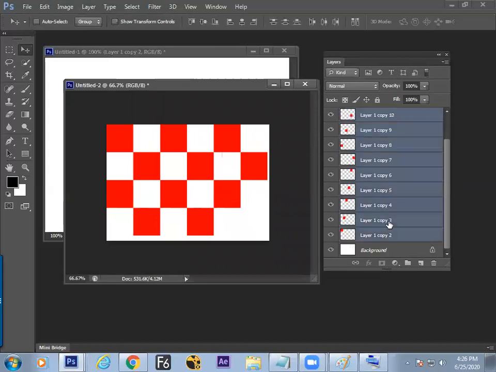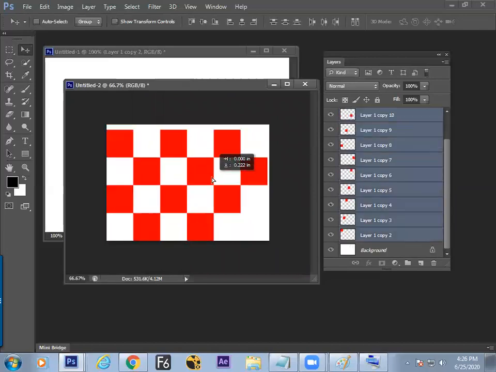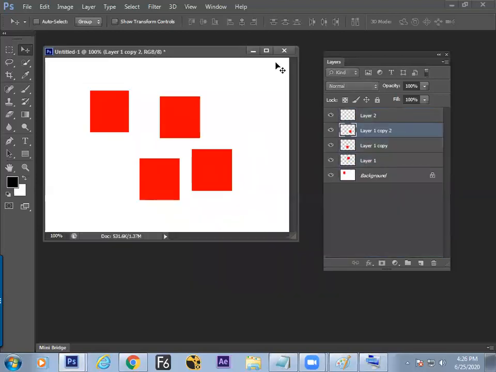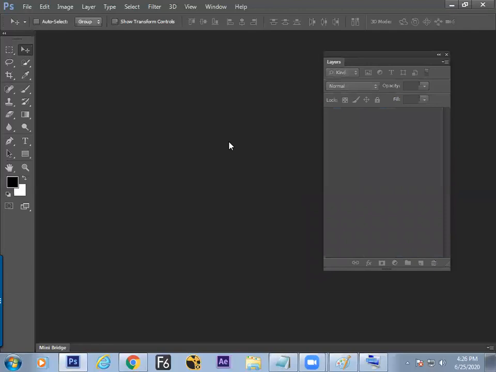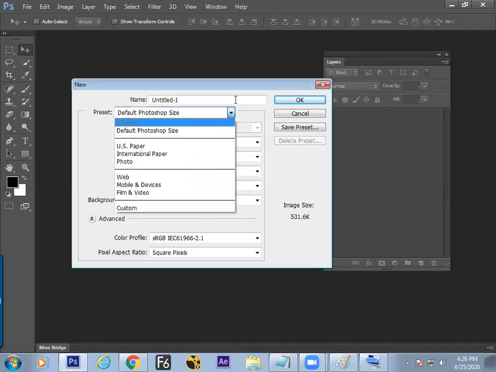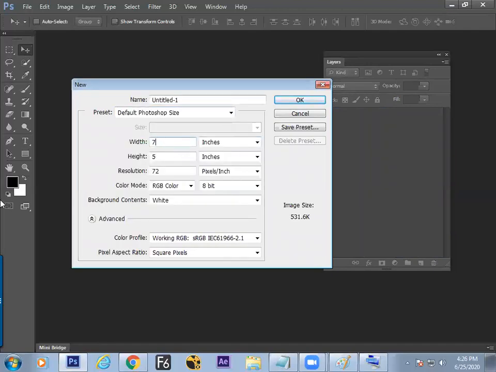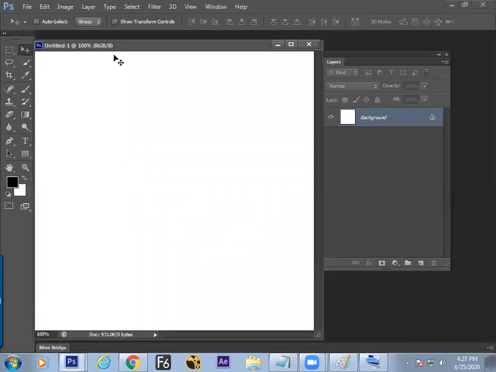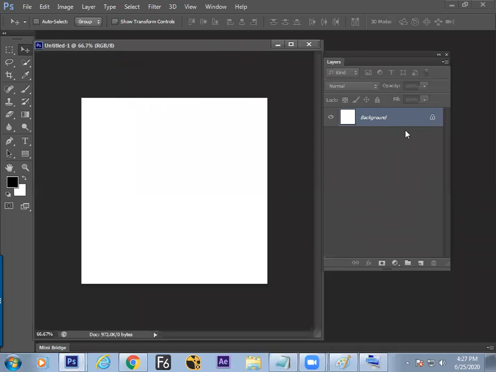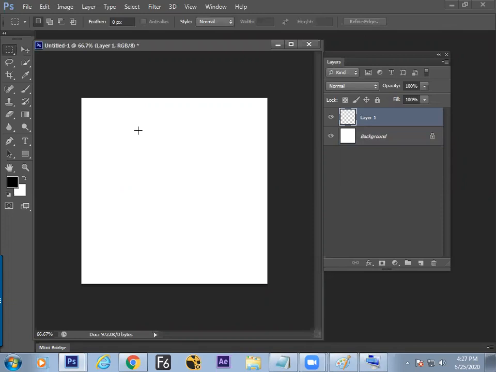So we have confirmed that making duplicates makes a design, and it is a rule of design that is called repetition and rhythm, creating the same design once more. Now making a chessboard becomes much easier. In the last class we did the chessboard by the help of what? Taking a new canvas of 8 by 8 inch and taking a new layer. Now click over here and make a 1 inch by 1 inch file.